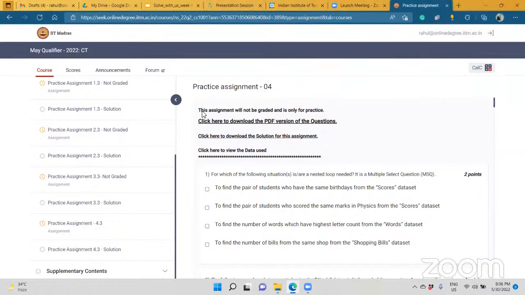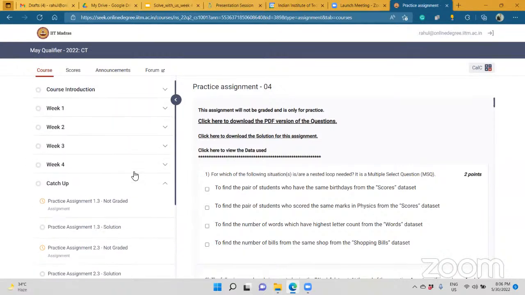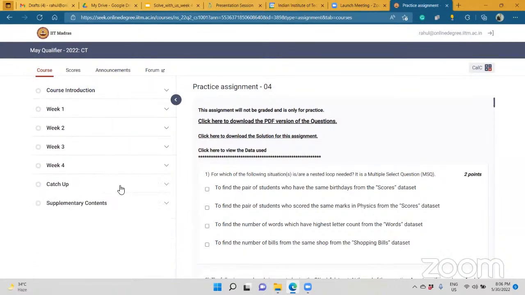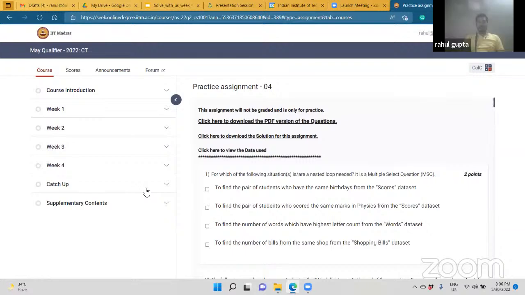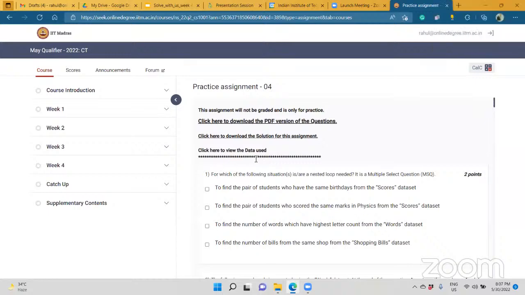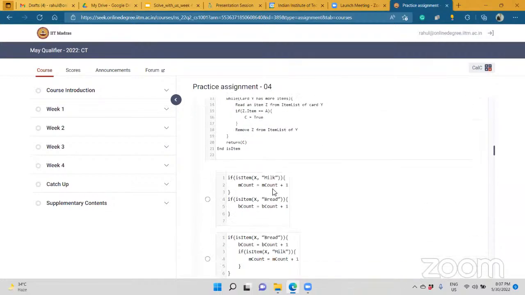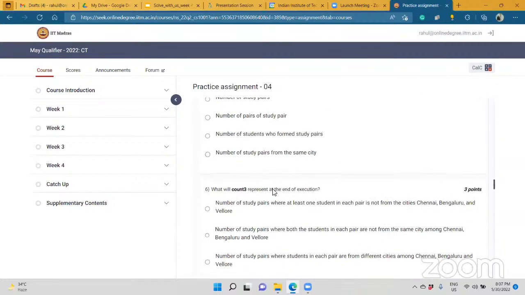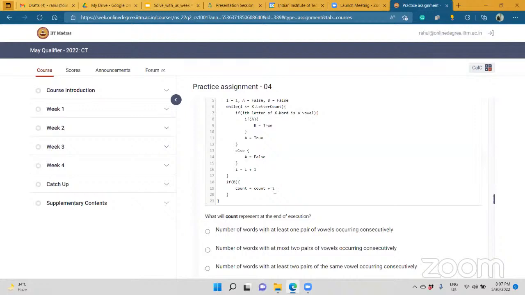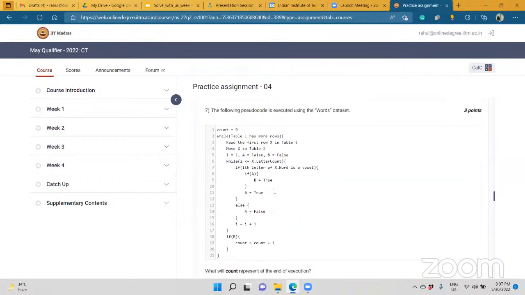Sir, if you can go to the code of question number 7, practice assignment week 4. You see it; if you find an error, then tell me. Sir, my issue was that in this if condition, if b increments count, but after we discover a vowel, the value of b is not resetting to false, it's always true. That was my question.